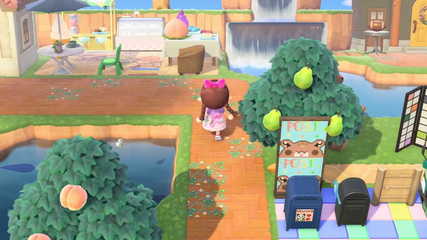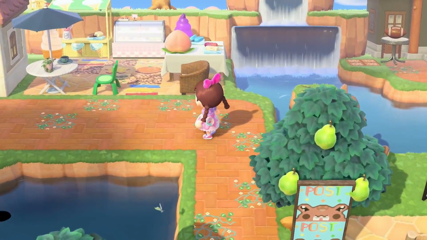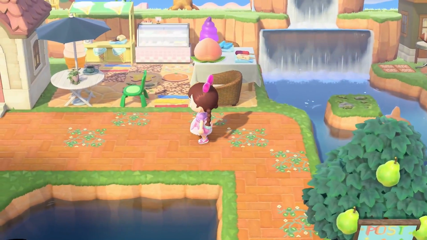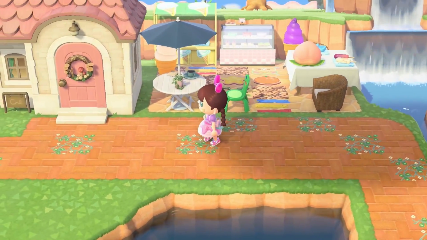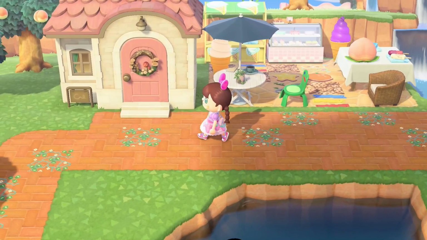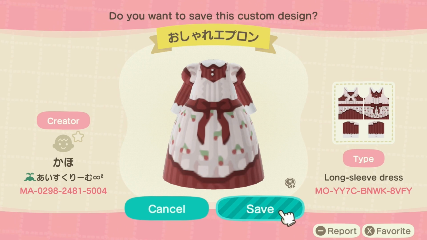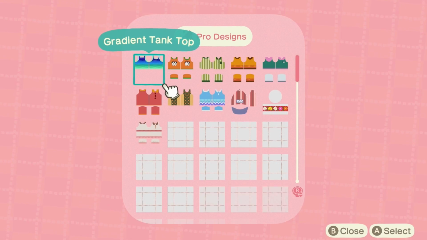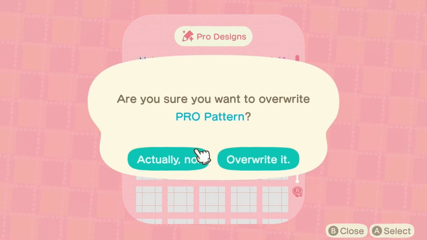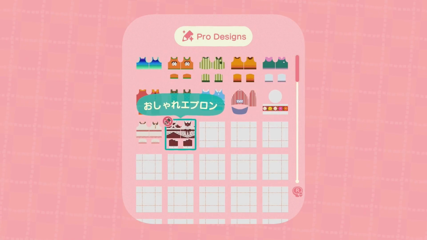These sorts of custom codes are great for adding extra details into a build, and placing some of these down in your island can make your island stand out that little bit more than just using a customized item on its own. The great thing about using pro designs as items is that they don't take up your main custom code design slots, so you can find quite a few of these to use on your island without it affecting how many codes you can find altogether.